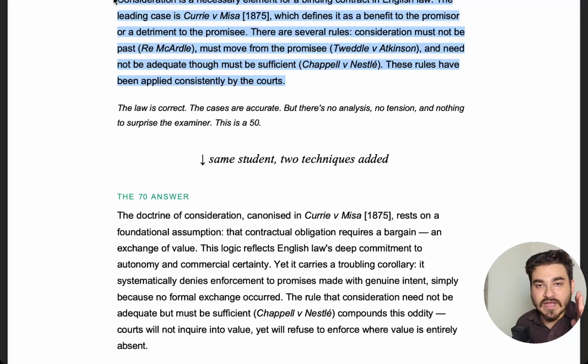I have given 5 cases to prove 1 point. That's what's wrong. That's what you don't have to do. I always say this: it's not the number of cases that you give in the exam, it's how you give those cases. If you give 1 case and you apply it in 3 ways, that is 100 times better than you writing 3 cases and just simply listing them.